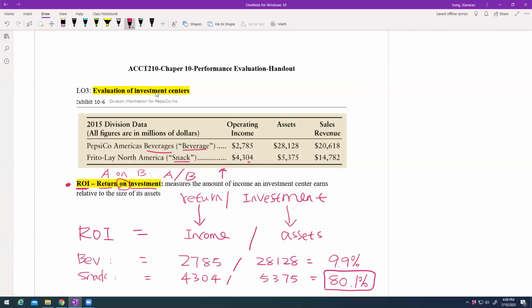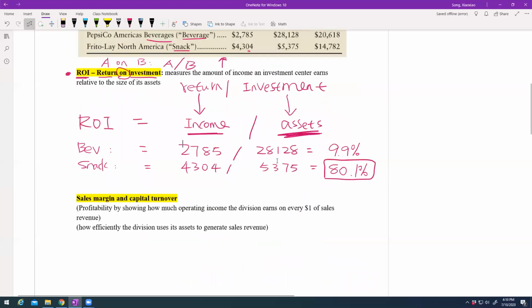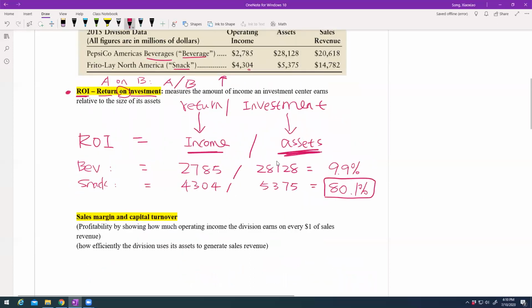That means given the same assets, the center generated more income. Make sure you know the meaning, you know the definition, you know how to calculate, and you know how to interpret. So, given $1 of the assets,